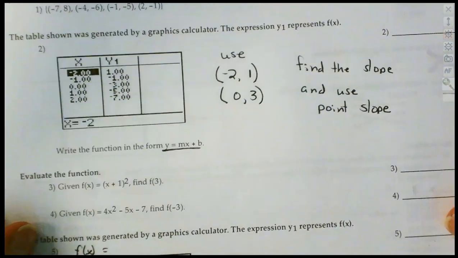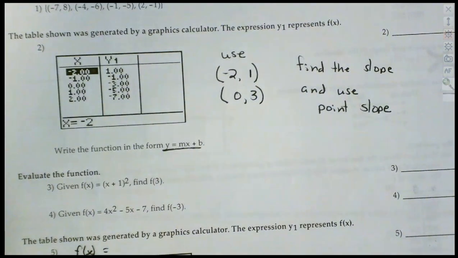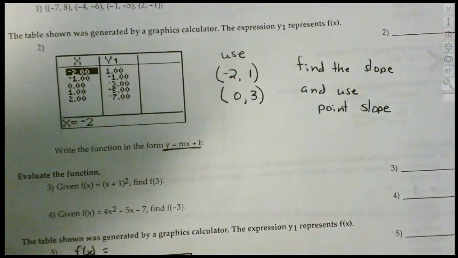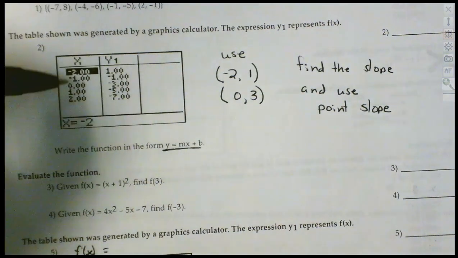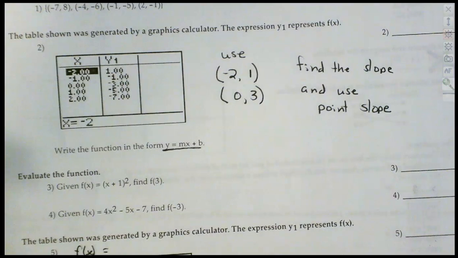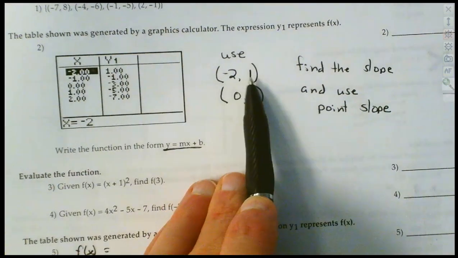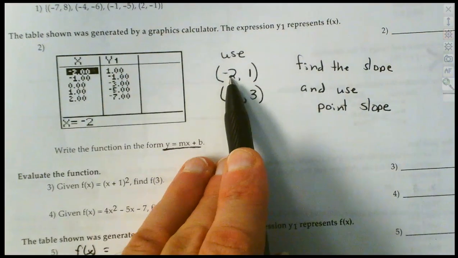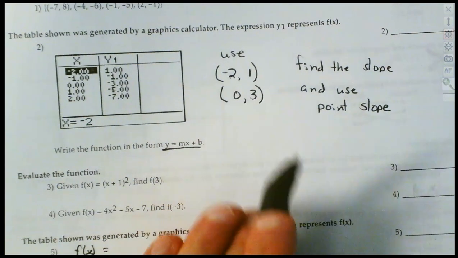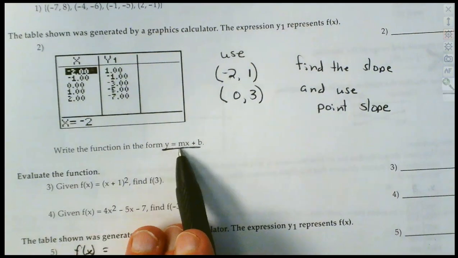And we're now going to go ahead and do question 2. And we kind of talked about this last time, about what I wanted. So we have a table of numbers here, of values. And I said we're going to use 2 ordered pairs to make our line. So let's use -2, 1, and 0, 3. And we want to come up with our answer